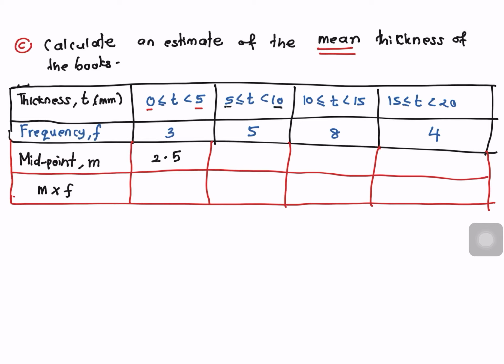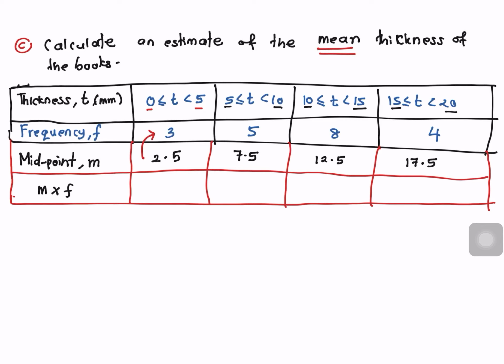Alright, then next is 5 to 10. So what is the midpoint between 5 and 10? It is 7.5. Okay, then 10 to 15. This is 12.5. Then 15 to 20. The midpoint will be 17.5. Alright, get it? Okay, after that, what you need to do is multiply, which is m multiplied